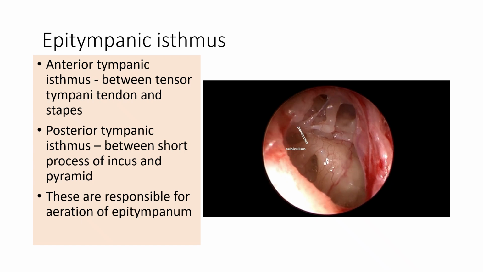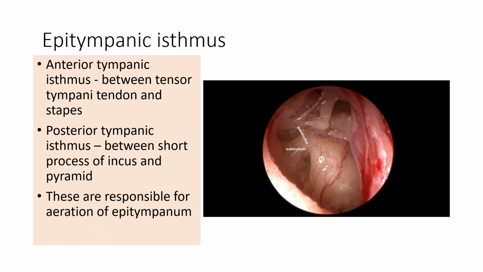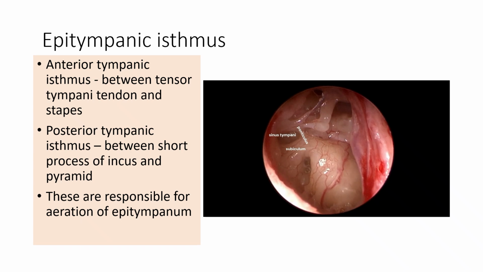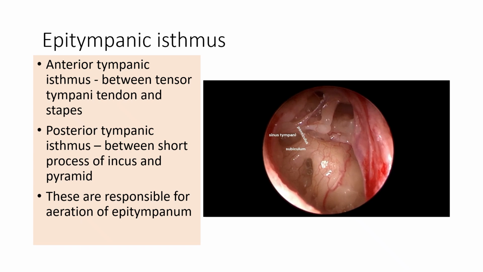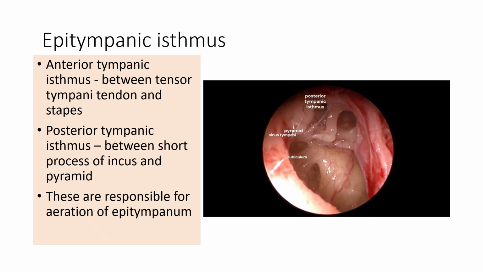Coming on to the retrotympanum, we can see the ponticulus and subiculum. The ponticulus is the bony ledge from the promontory going towards the pyramid. The pyramid is a part of the retrotympanum where the stapedius tendon is attached, and we have a lower ledge of bone called the subiculum. The ponticulus and subiculum are the superior and inferior boundaries of the sinus tympani, which is a very important recess in the retrotympanum and is a site for cholesteatoma. It is an infrapyramidal recess, and it lies medial to the facial nerve.